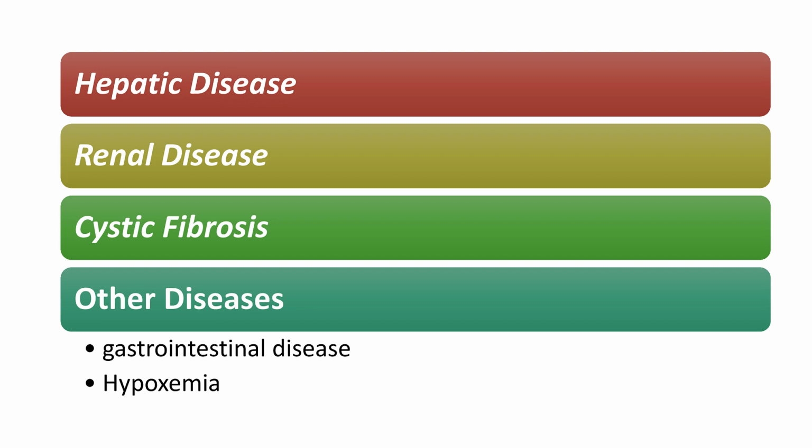hepatically cleared agents. Renal disease similarly impacts pediatric pharmacotherapy as reduced glomerular filtration and tubular function decrease the elimination of renally excreted drugs and metabolites, increasing systemic exposure and the risk of adverse effects. Pediatric dosing recommendations for many drugs in renal impairment are frequently extrapolated from adult data due to limited pediatric-specific studies, and therapeutic drug monitoring, TDM, or estimation of glomerular filtration rate, e.g., with the Schwartz formula, is essential for dose